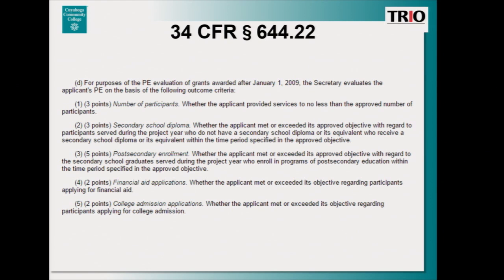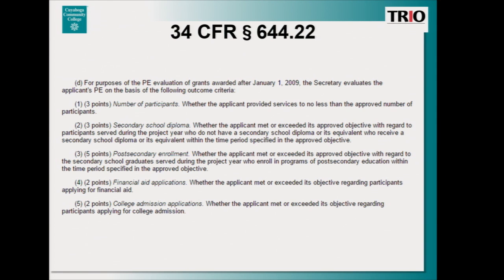5 points are awarded for post-secondary enrollment. So whether or not the applicant that you met with, or the participant that you as a program met with, actually enrolled in a post-secondary program.